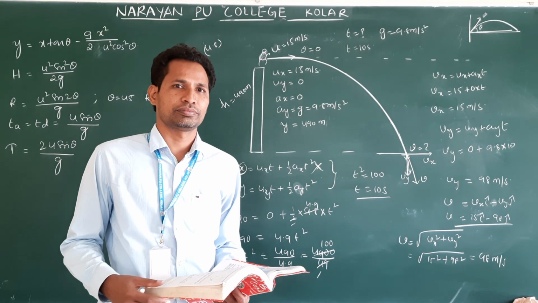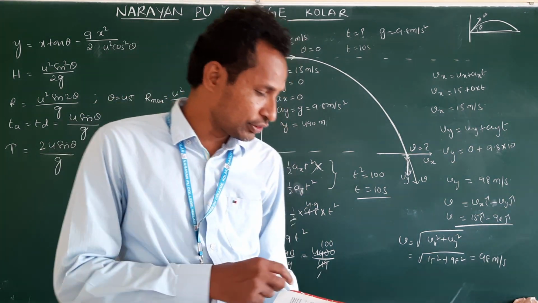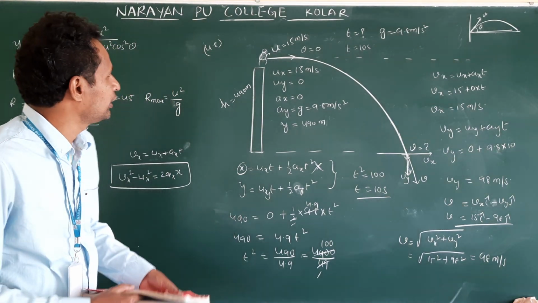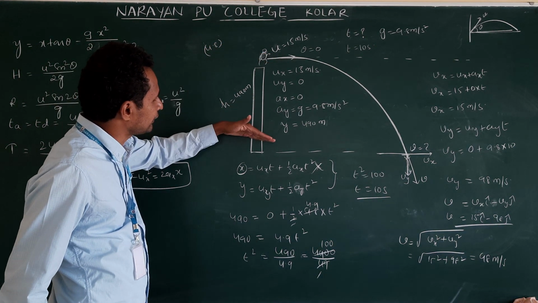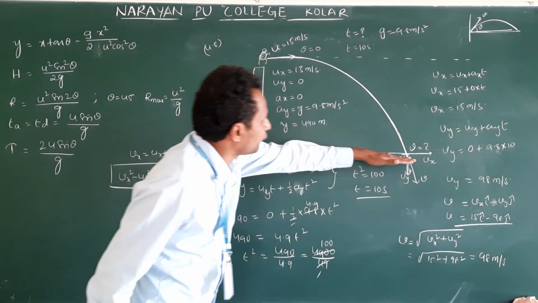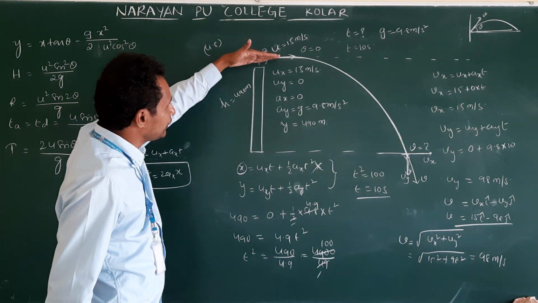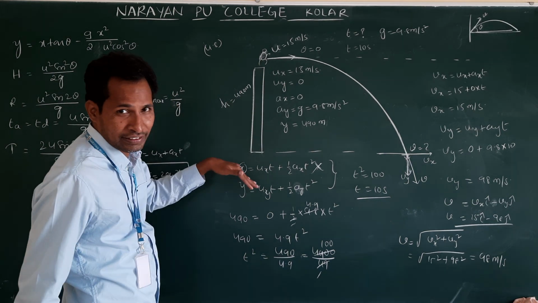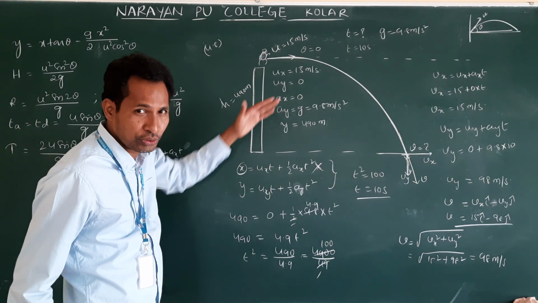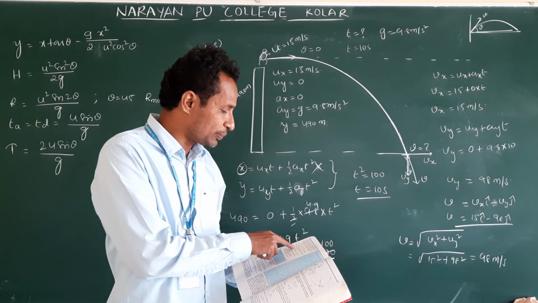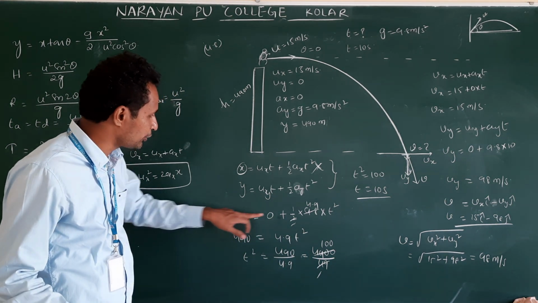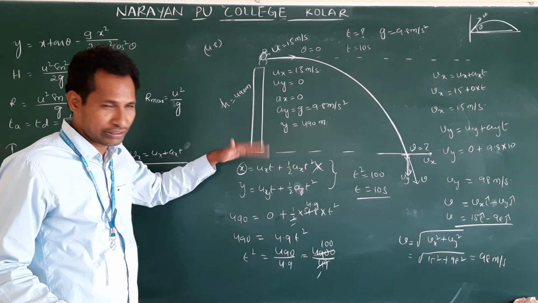Make a note of this. Okay? In your textbook solution, they took g negative and height negative. The reason is the displacement along y direction is downwards. Finally it is reaching the ground. This is the initial point, this is the final point. Understand? So it is coming down. So downward vectors they took as negative. So displacement is negative and acceleration is also acting downward, negative. So that's why in your textbook they took displacement negative and acceleration negative. If you take both, what will happen? This is minus and this is minus. Minus minus will cancel. So to avoid that confusion, I took it directly.